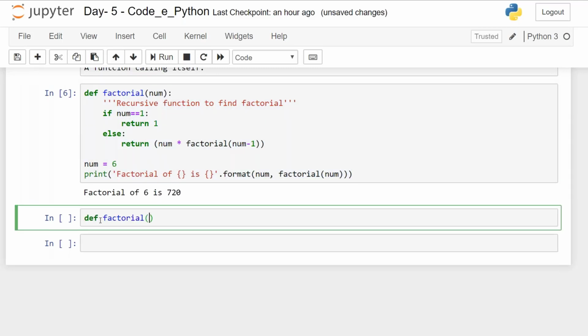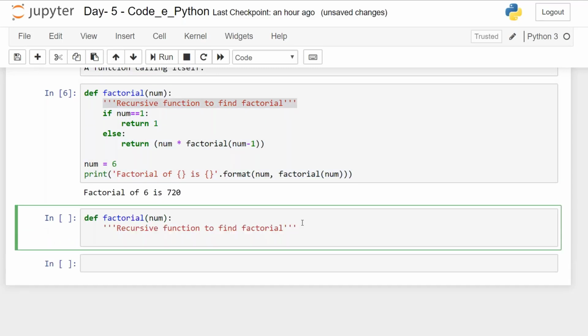Let me take the function again. We could have just written return 1 if num double equals 1, else num into factorial of num minus 1.